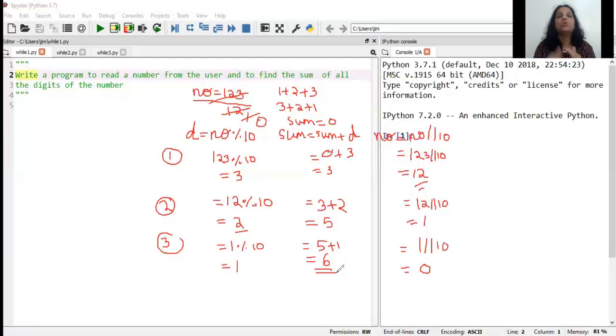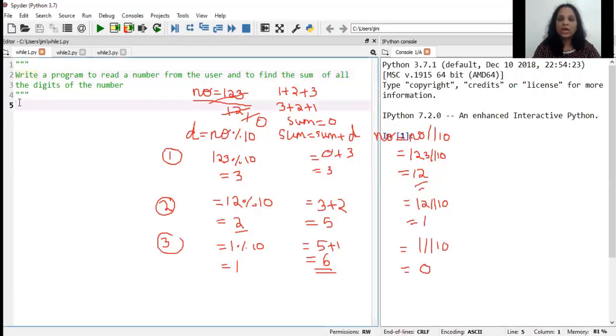And NO will slowly become 0. Remember, children, you got a big number, then you remove the last digit, then you're removing one more digit, then you're removing one more digit. Finally, NO will become 0, and that's the time I want to stop executing the loop. Is that clear? So is the concept clear? Now this logic is going to be applied in a couple of programs. Okay, so let me just start writing this program for you.